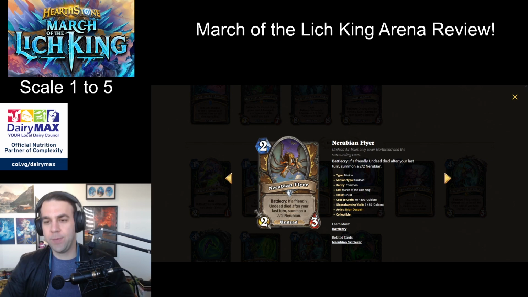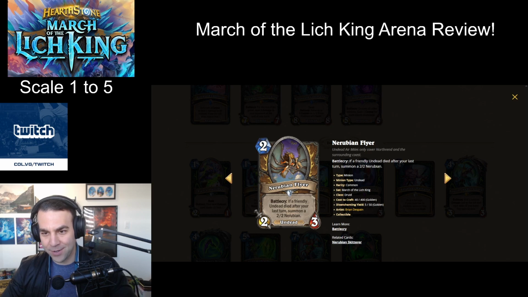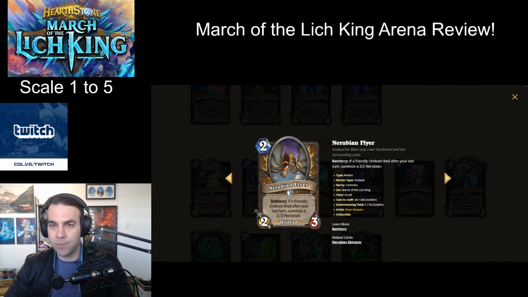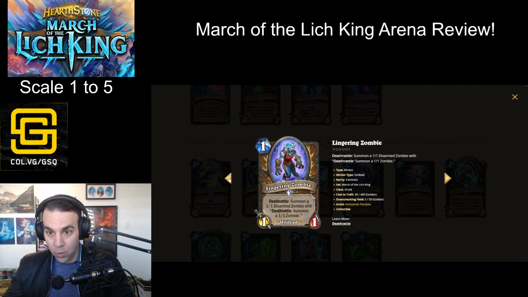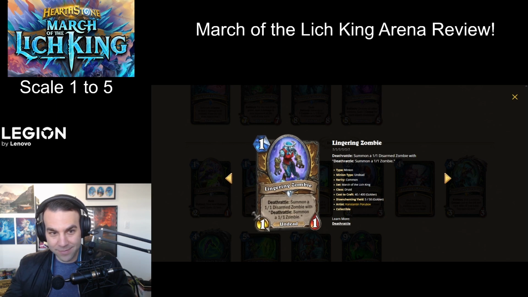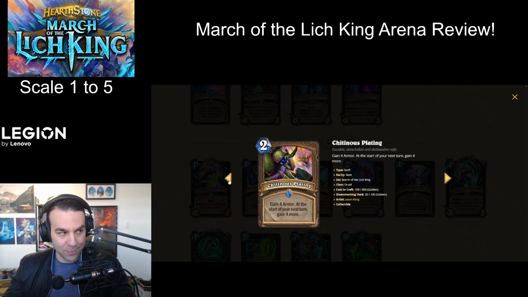Nerubian Flyer, 2 mana, 2/3, undead. Battlecry: if a friendly undead died after your last turn, summon a 2/2 Nerubian. Oh, great. All right, so there's a lot of these cards around. I think they're most common for DK, but it just depends on how many undeads. Is the last card an undead? Oh, it is. Oh, shit. Lingering Zombie is an undead. Shocking. Okay, yeah. So the idea is you play this thing,